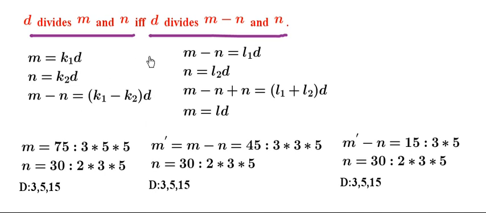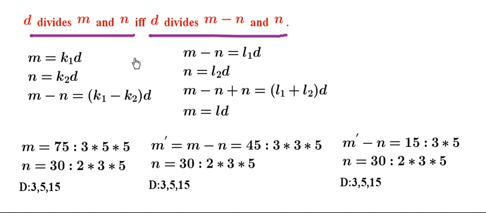So now let's consider one example in order to understand how this particular lemma is useful with respect to greatest common divisors. Let's say the given pair of integers is 75 and 30, and I have listed all the common divisors, and I have not considered the trivial divisor 1. So the common divisors are 3, 5 and 15. Since 3 divides 30 as well as 75, 5 also divides 30 and 75, 15 divides 30 as well as 75. So this capital D is nothing but the list of common divisors.